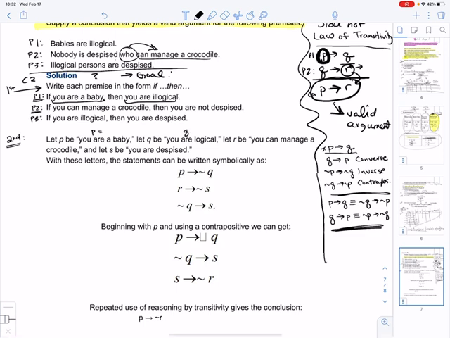We let Q equal illogical. I'm going to let Q equal illogical. They don't listen to my notes. That should be illogical. R is you can manage a crocodile. And S, you are despised. So from there, we know that in premise 1, we have P, then Q. In premise 2, we have R,